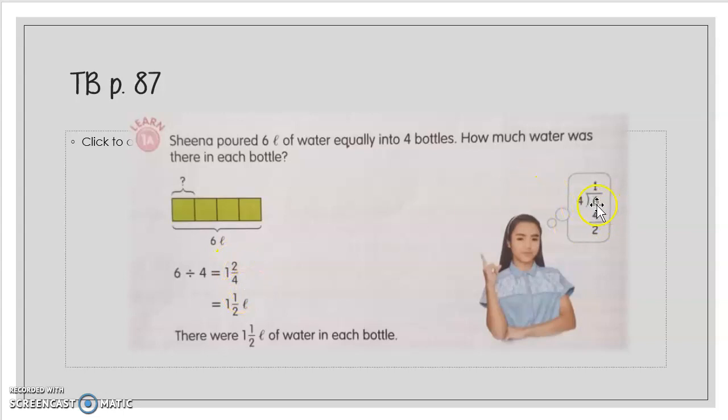Because 6 divided by 4, 6 will be inside the cage right here. So this one will be 6 divided by 4, you get 1. 1 will be the whole number, 2 as the remainder will be the numerator, right? And then 4 will be the same because the divisor is 4. 2 over 4, you can simplify by dividing by 2, right? So 1 2 over 4 simplifies to become 1 1 over 2. Remember, when you simplify the mixed number, the whole number will stay. You only simplify the fraction.